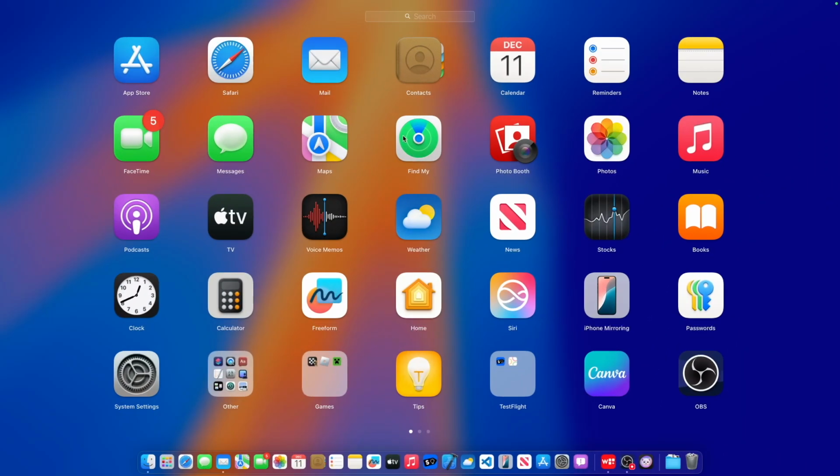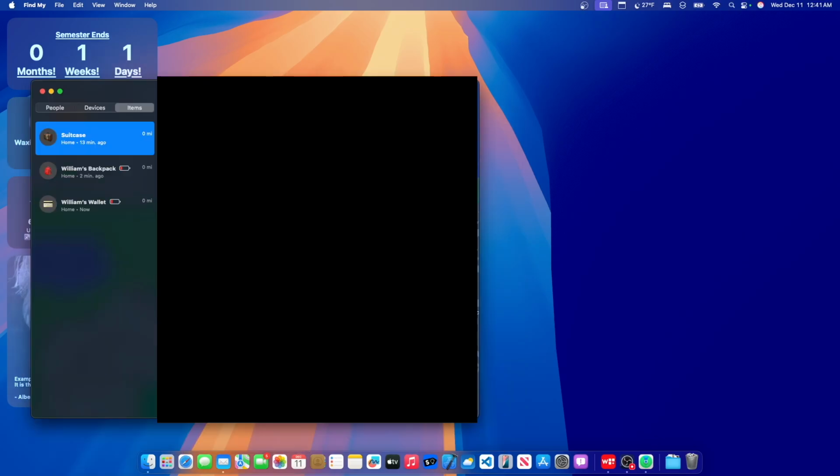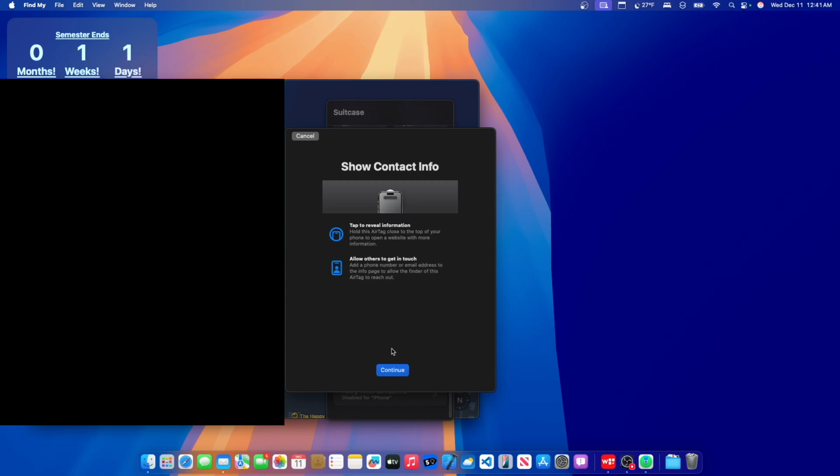Now our next feature has to do with Find My. So if I were to go into Find My right here, we now have a brand new Lost feature. If you go into an AirTag, you can show contact information and tap on continue to show information when people tap their phone on an AirTag. So this is used for if you forget a bag on the plane or something like that,